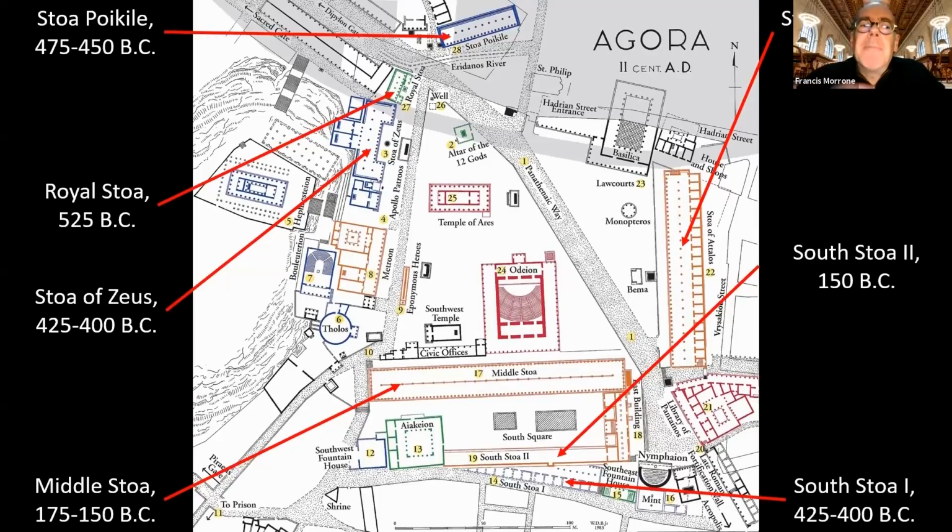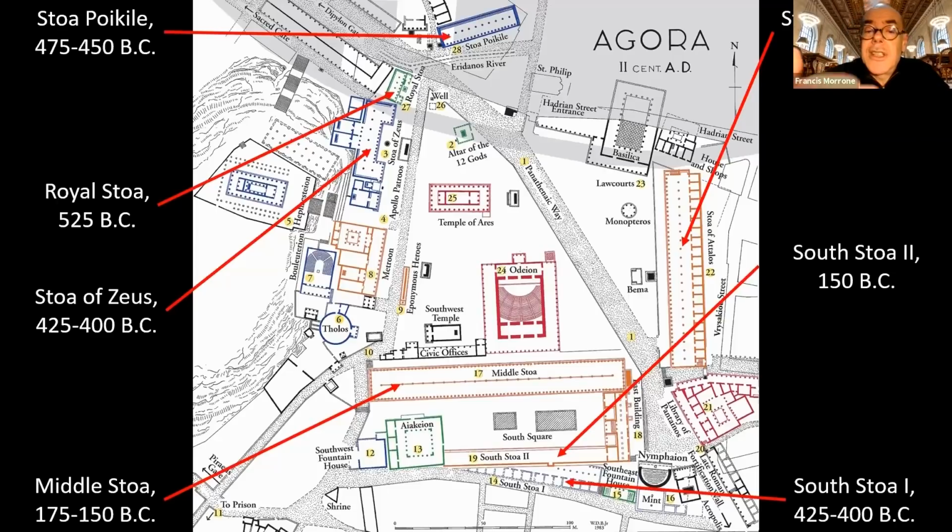If you look at the top, there is a stoa called Stoa Poikile. And this was where the philosopher Zeno of Citium hung out and publicly philosophized in a way that would probably get him arrested today. But his school of philosophy became known as Stoicism, which derives from the word stoa. And there were, as you see, all around many of these stoas.